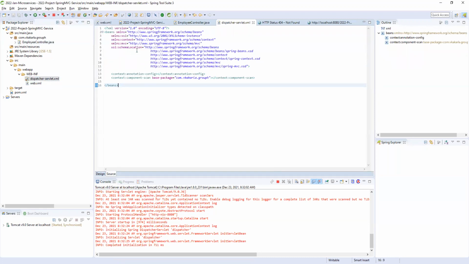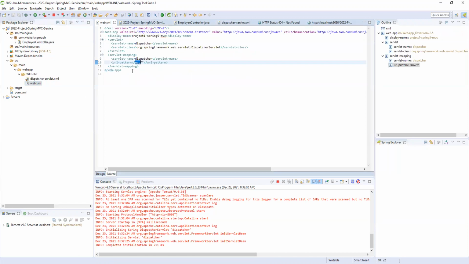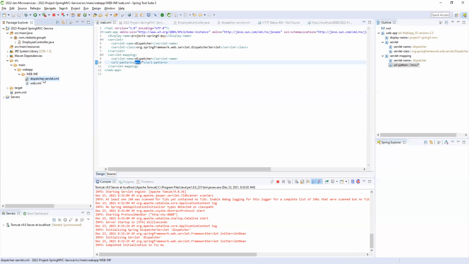So this is our application level configuration. This is our server level configuration. Such kind of configuration we need to take care of. If you have service related classes, you need to configure them. If you have database related things, you need to create one more XML file. Like that, you need to take care of all kinds of configurations via XML files. So this is what Spring 5 is.